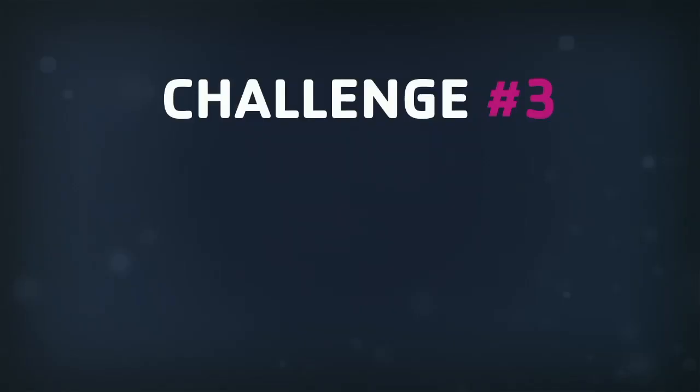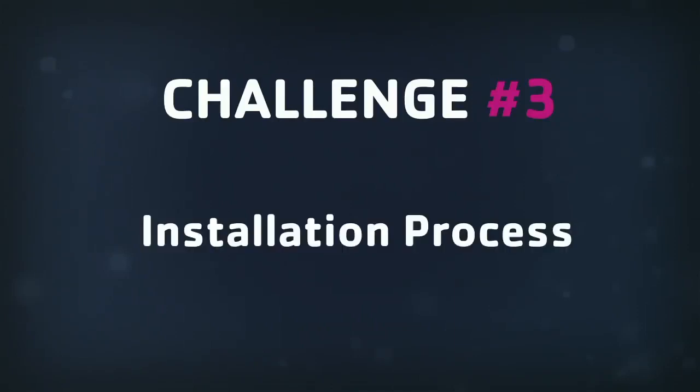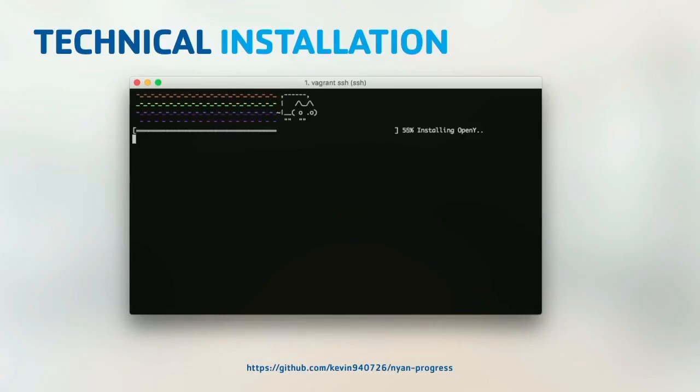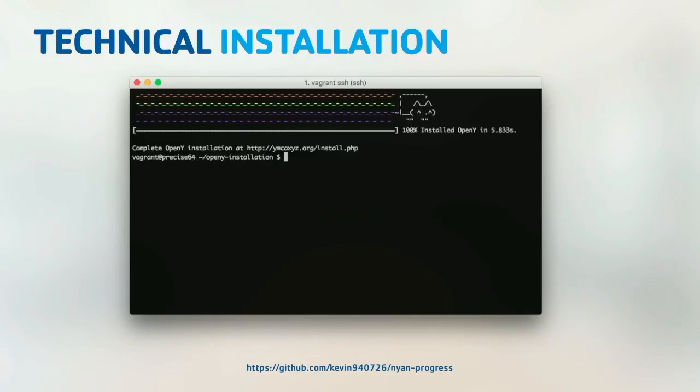After that, we realized that we have the next challenge. Next challenge, an easy installation process for non-technical and technical users. So here is the technical installation. It looked like this. You just run the bash script, you have some progress bar, and eventually you will see that your OpenY installation has been finished.